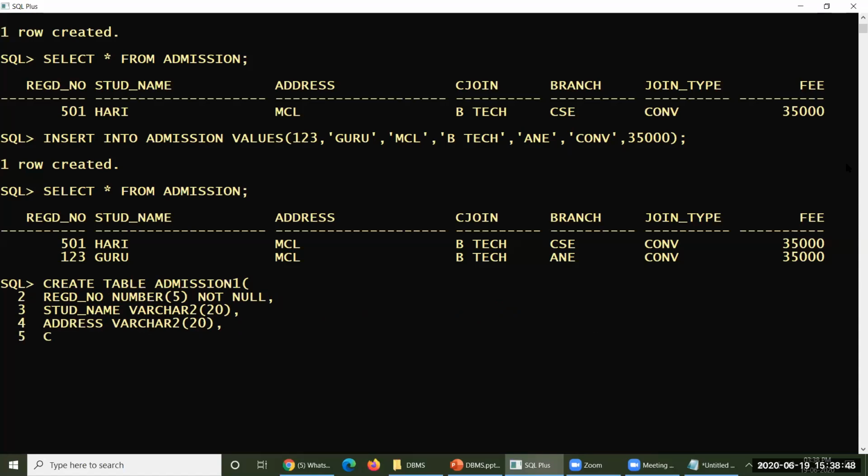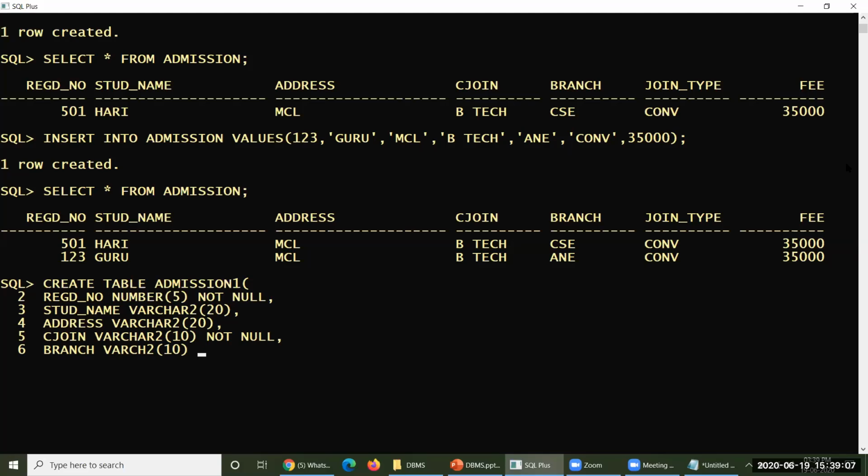Now course join, varchar2 of 10. So here it is not null, not null. Then branch, varchar2 of 10.